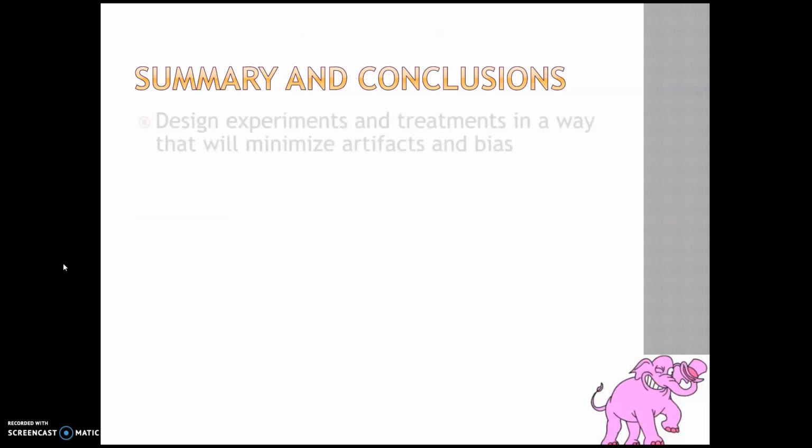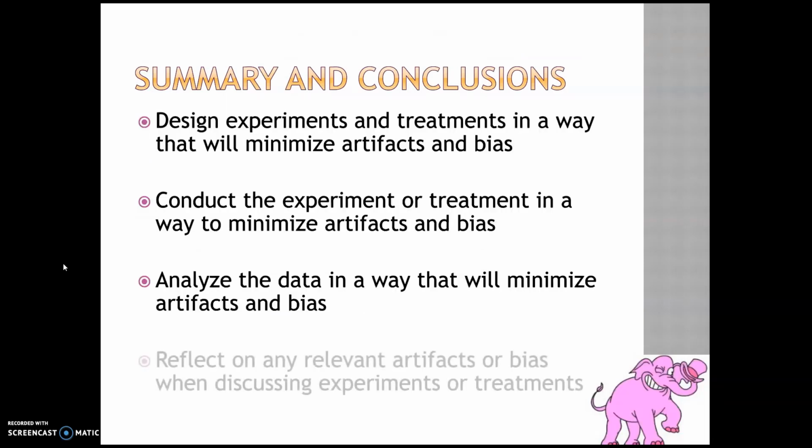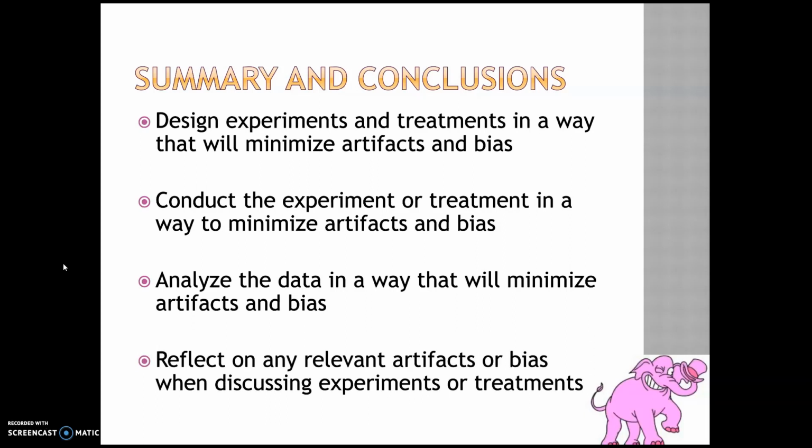So some things to kind of close and consider. Let me throw all this on here. Why do I do transitions? There we go. So I've got 4 bullet points here. You'll notice that they are very similar in terms of their layout, right? Essentially, I want to make sure that you remember we design, conduct, analyze, and reflect on our research in the same fashion. We need to design research with the mindset of minimizing artifacts and bias.